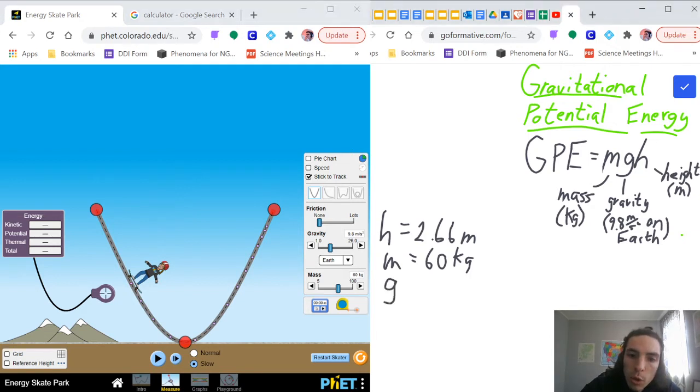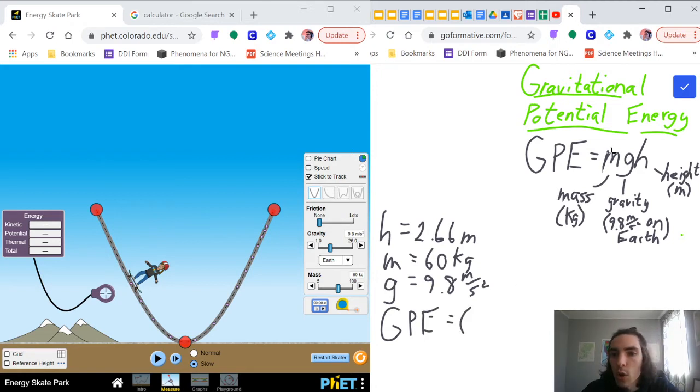We're being told that their gravity here is 9.8, which we will assume if we're not told what that value of g is. We'll assume that we're on Earth and that this acceleration due to gravity is 9.8 meters per second squared. And then maybe the question for us is, how much potential energy do they have? And we would just multiply each of these things. So mgh, let's take the 60 kilograms times our gravity, which is 9.8 meters per second squared, times this height of